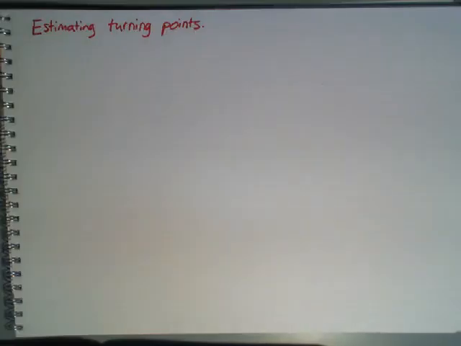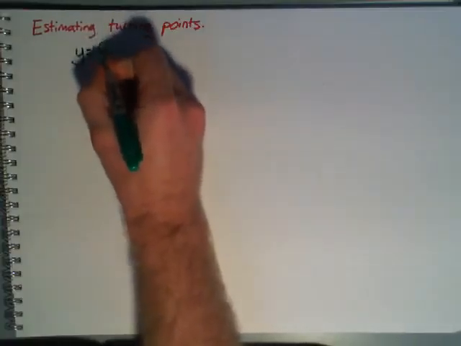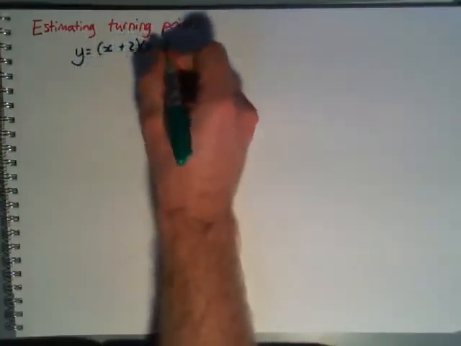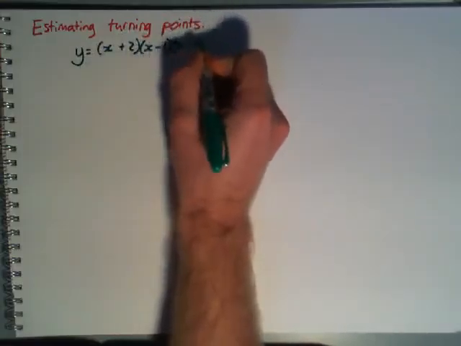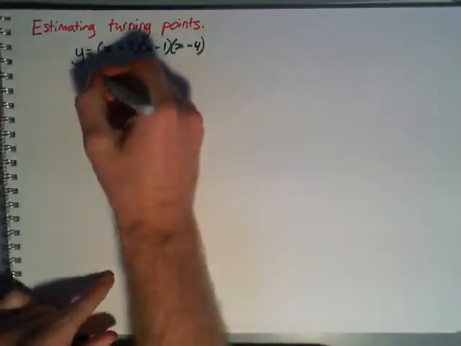To illustrate, consider the graph y equals (x + 2)(x - 1)(x - 4). So the factors show there are three x-intercepts, one at minus 2, a second at 1, and a third at 4. So let's draw that. y equals (x + 2)(x - 1)(x - 4). Okay, if I put that on a set of axes,